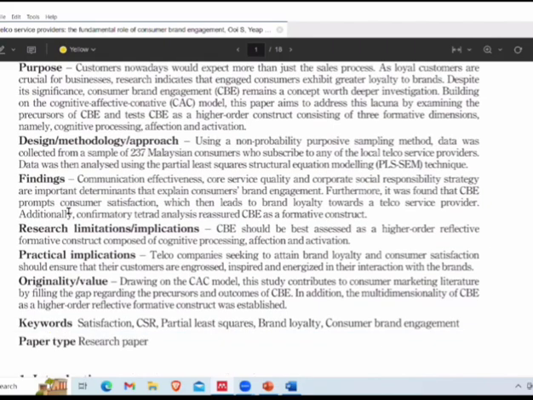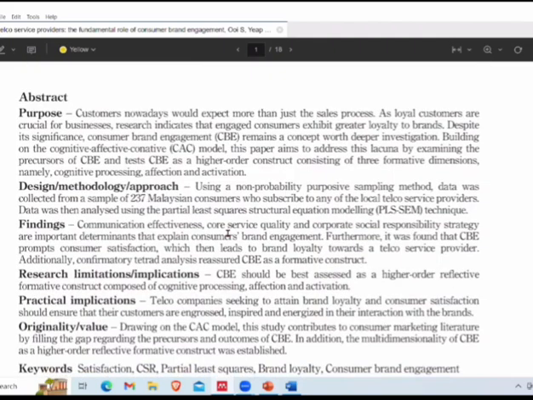What is the finding? The findings are that communication effectiveness, core service quality, and corporate social responsibility strategy are important determinants that explain consumer brand engagement. At least these three details are important. What is the purpose of the article? What is the methodology adopted? And what are the findings? In every review, at least these three